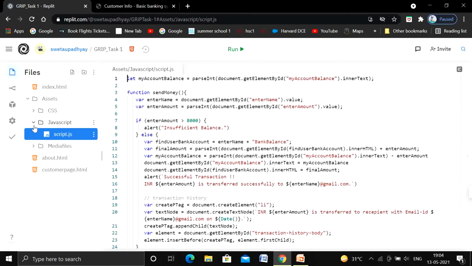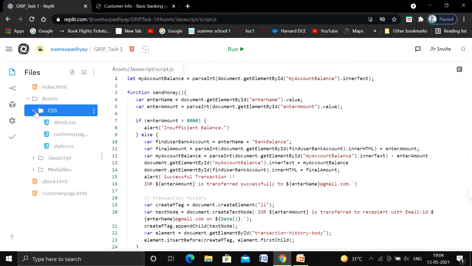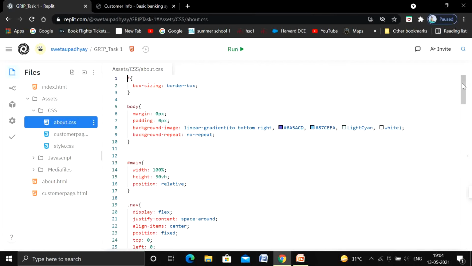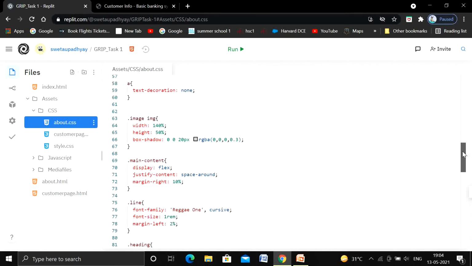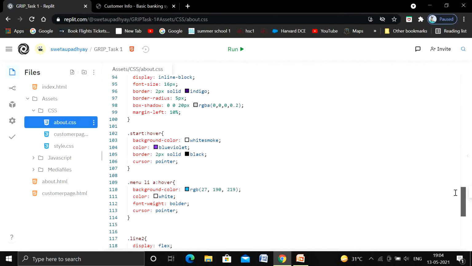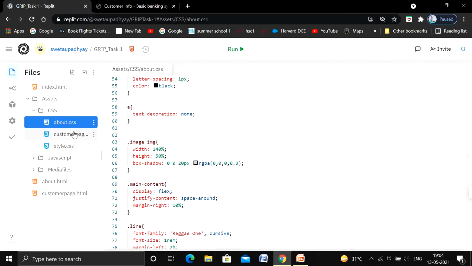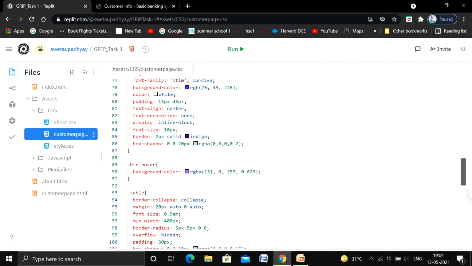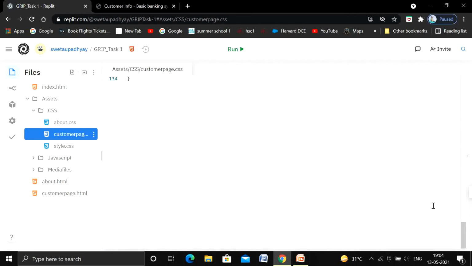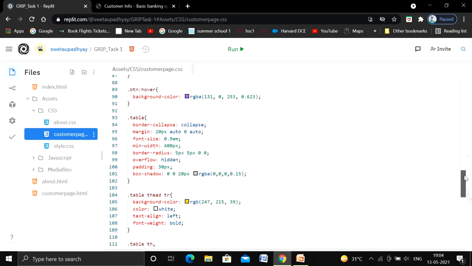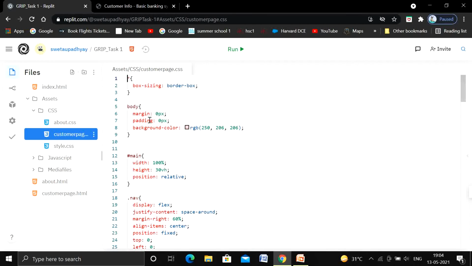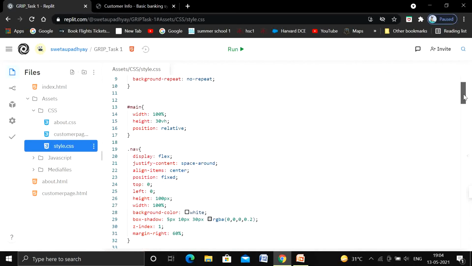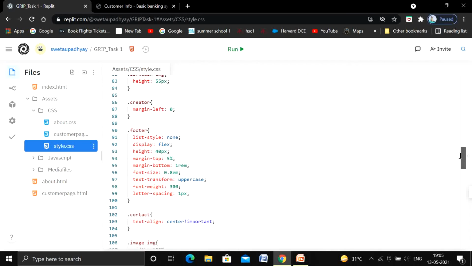Okay, now next let's see the CSS that we have used to design the web pages. So this is the about page CSS. As you can see, this is the code that we have used, or the CSS that we have added to the about page. Okay, and the customers page goes as well. So this is the CSS for the customers page, as you can see here. Let me just move it up one more time. Okay, and then finally we have the style CSS, which is added to our main page, that is the actual home page. Okay, so this is a CSS that has been added.